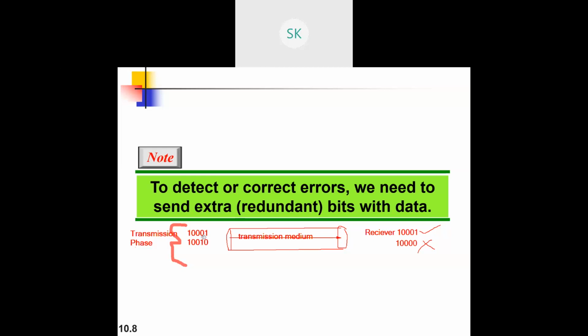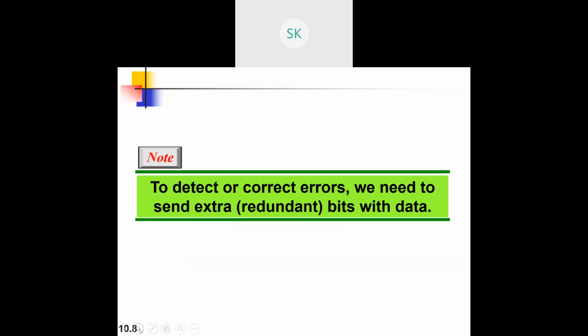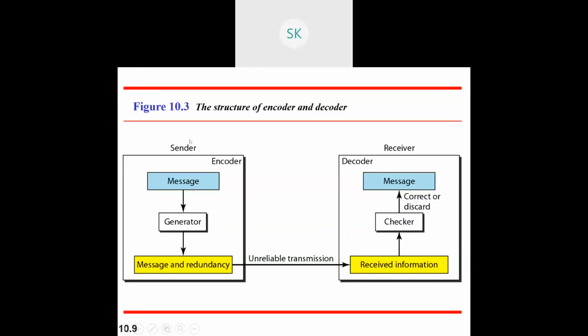1 bit, yes, you can add it. 2 bits, you can add it. 3 bits maximum, you can add it, not more than that. So that is how you will be adding the error bits with respect to the total number of bits that you want to transmit. We'll check each one of it. Don't worry much about it. But what redundant bits are, how it will be transmitted, how it will be rejected, and how it will be accepted, that's what I just gave an example to understand. That's it. So with respect to this, we'll move on to the next picture.